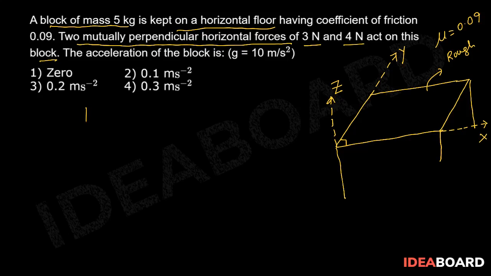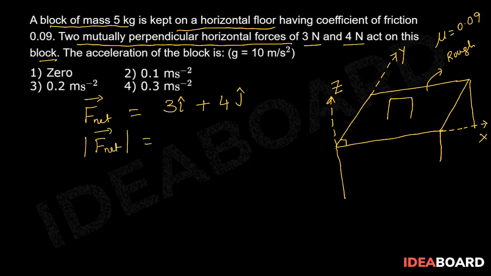So, the net force acting on the block which is kept on this surface is equal to 3 i cap plus 4 j cap. The magnitude of this net force is 5 newtons, and because of this net force the block will start to move in such a direction that it subtends an angle of